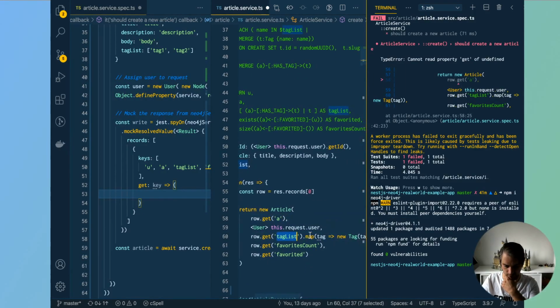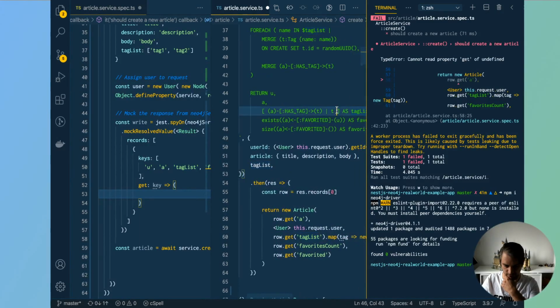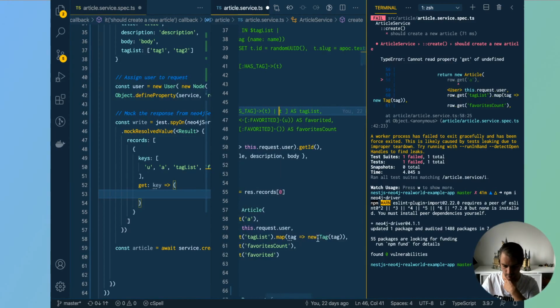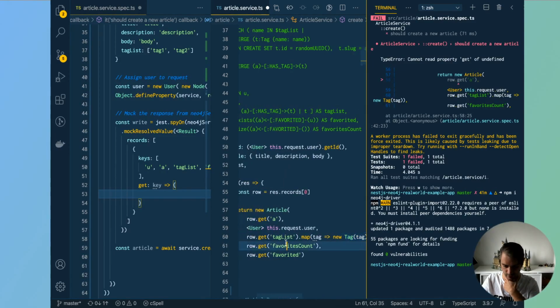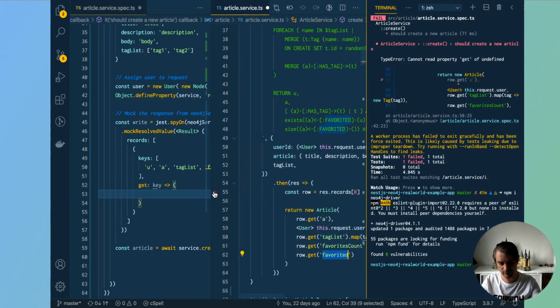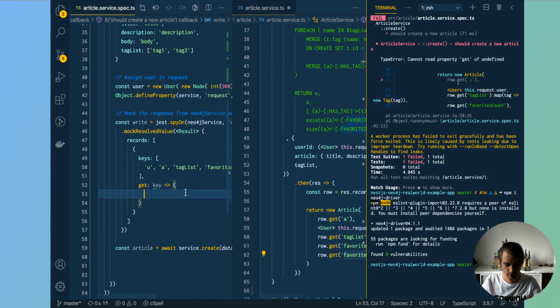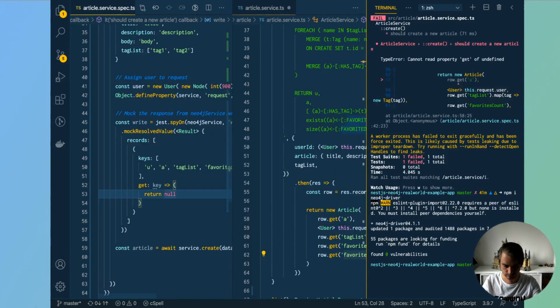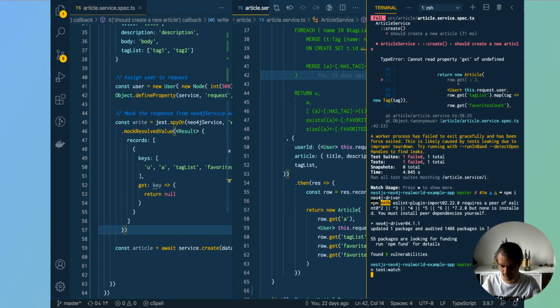For tag list, we want a list or an array of nodes, which will then be added to the tag. And then we've got the favorite count and the favorited. So for example, if we just return null, then we should now see, if we run the test again,